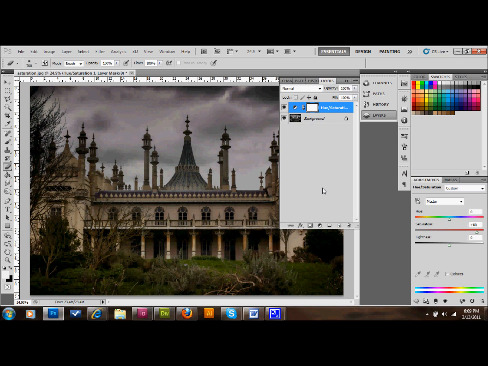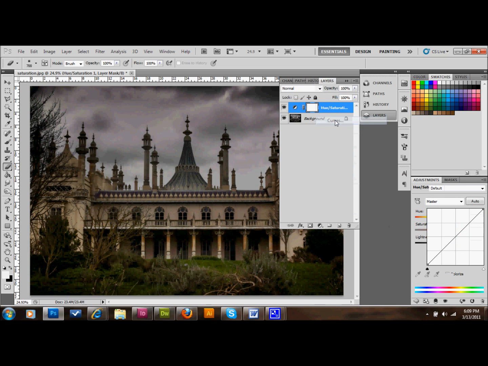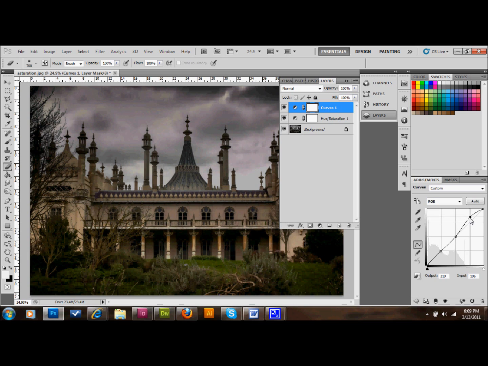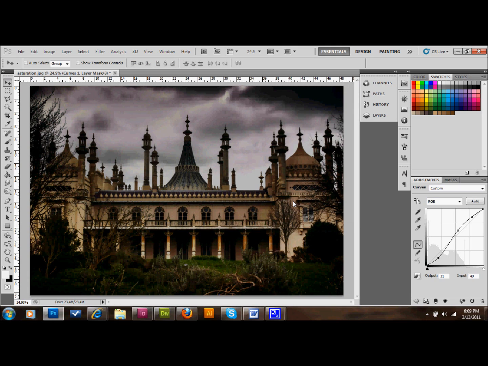So the next thing that I'm going to do is I'm going to make another adjustment layer, and it's going to be a curves adjustment layer. And with curves adjustment layers, I always like to make a point in the middle there, a point at the top, a point at the bottom. And the point at the top I move up and to the right just a little bit. I move the middle one up and to the right just a little bit, and I move the one at the bottom down and to the left a little bit. And as you can see, what that does is it just brings up the highlights and the lowlights of the image. And already we have an image that's looking quite a bit better